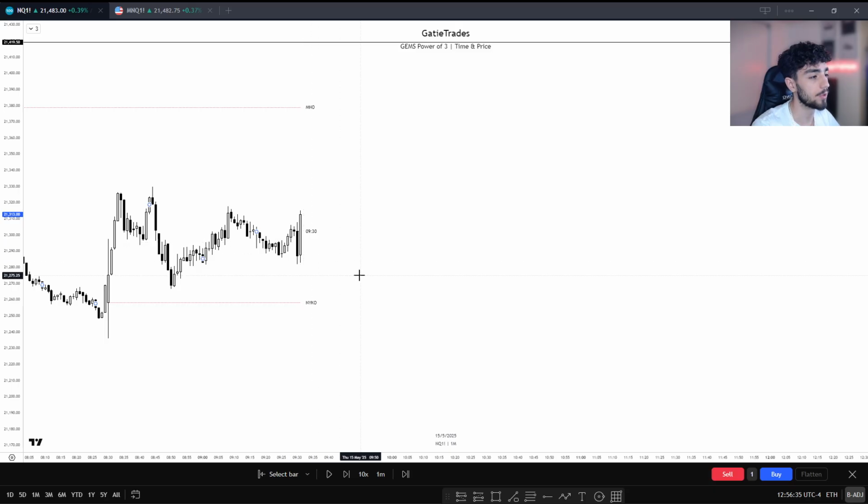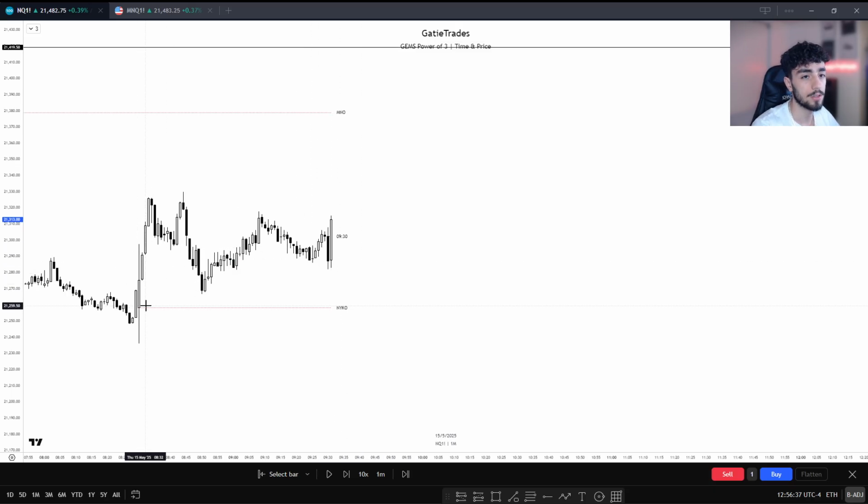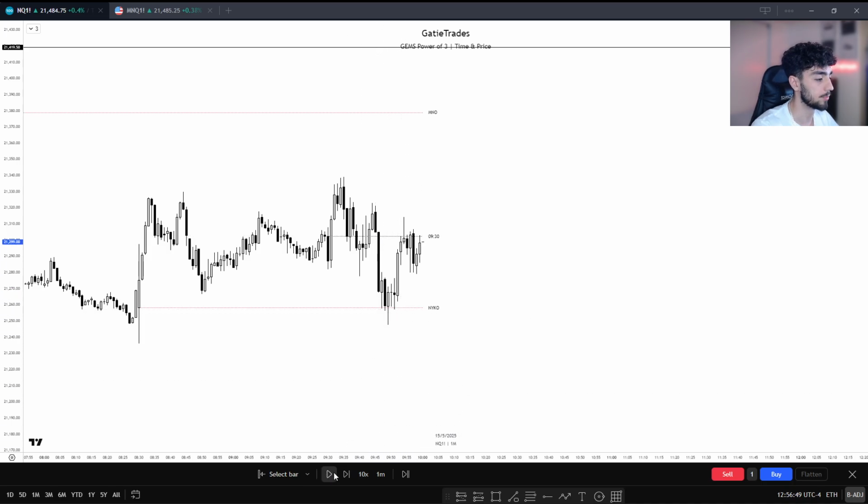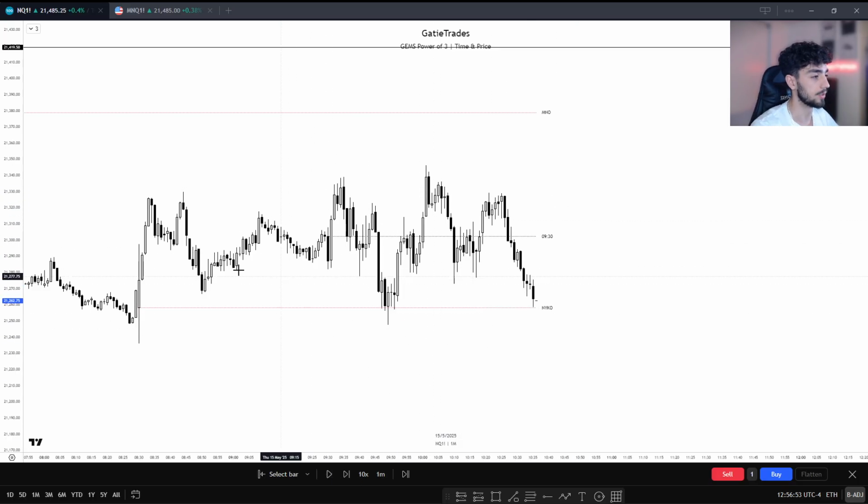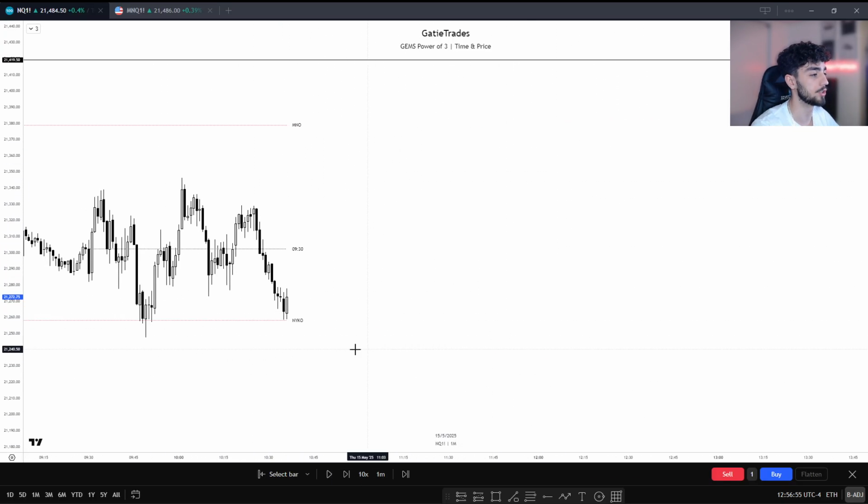Accumulation pre-market yet again. What do we know? Smart money likes to accumulate long and sell positions, buy and sell positions, long or short positions at or below the opening price when bullish. So what do we see here? We are above the opening price. We come below the opening price. We're still in accumulation. We have a huge accumulation here. This is one big accumulation.